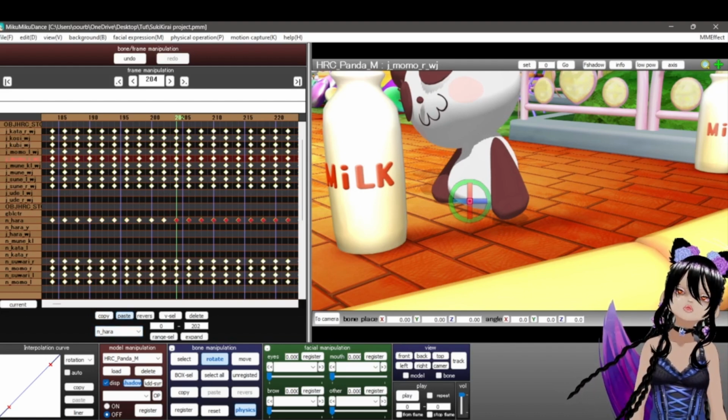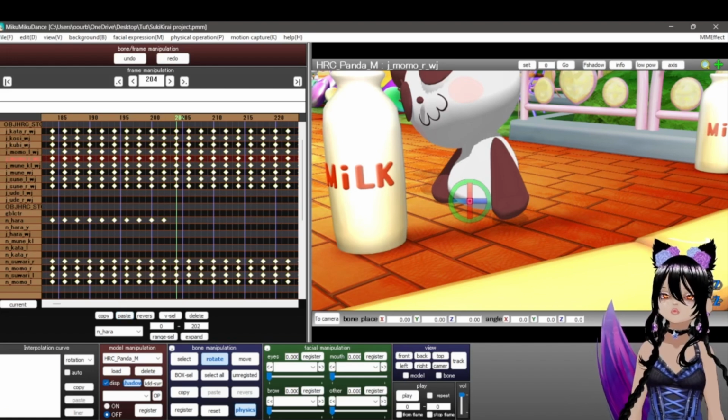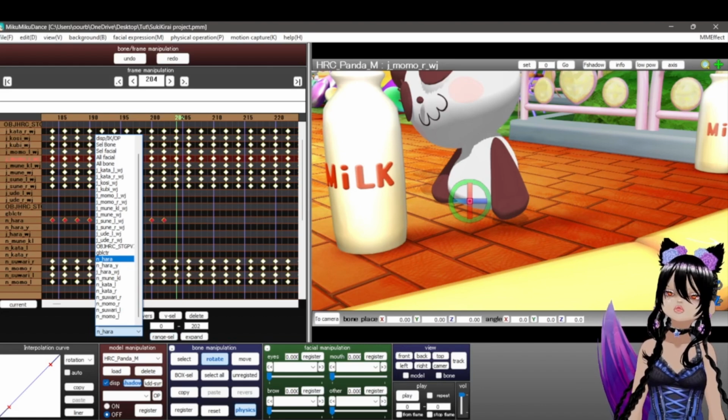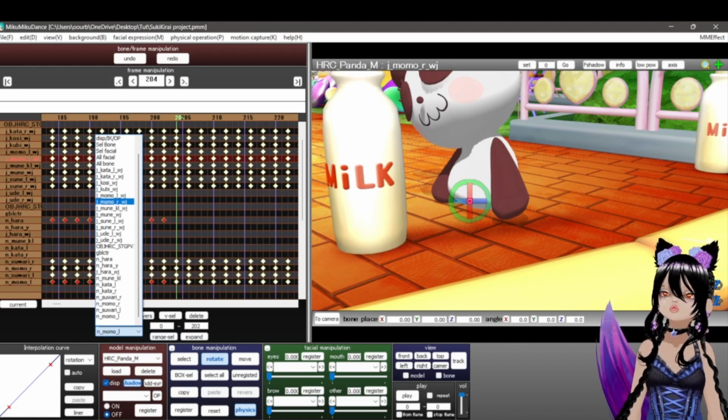Which for some reason only chose one, because we only selected one. So we're going to select that, and we're going to range select. Make sure you select all of your bones. This program could get very irritating,